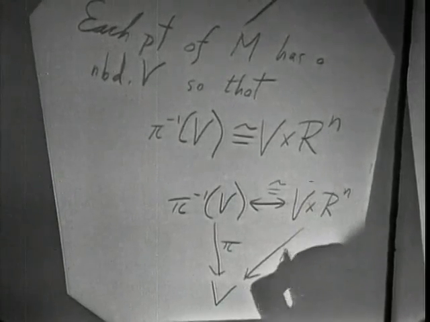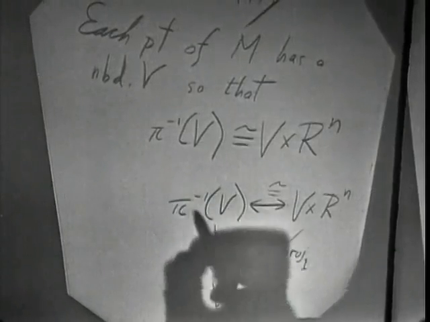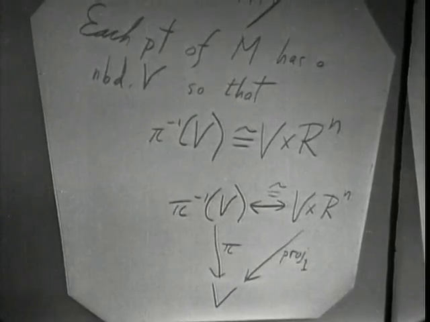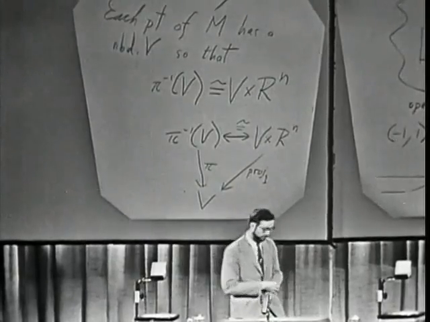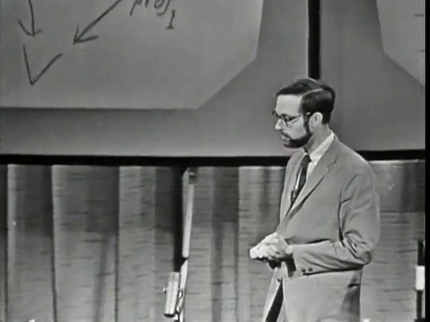and we have the obvious projection map to the first factor, which takes a pair (x, y) to x. This should be commutative. So this isomorphism should make slices constant cross R^n correspond to fibers over here. This is the requirement of local triviality. So what I've done now may seem rather odd to you. I've tried to define something like a tangent bundle, but instead of defining something explicit, I've just defined a general class of constructions. I've said, to find the tangent bundle of M, you have to choose for each point of M a neighborhood, and you have to choose these neighborhoods so that they satisfy a number of very difficult-looking restrictions. Intuitively speaking, the neighborhood should vary continuously with x, and each neighborhood should be isomorphic to a